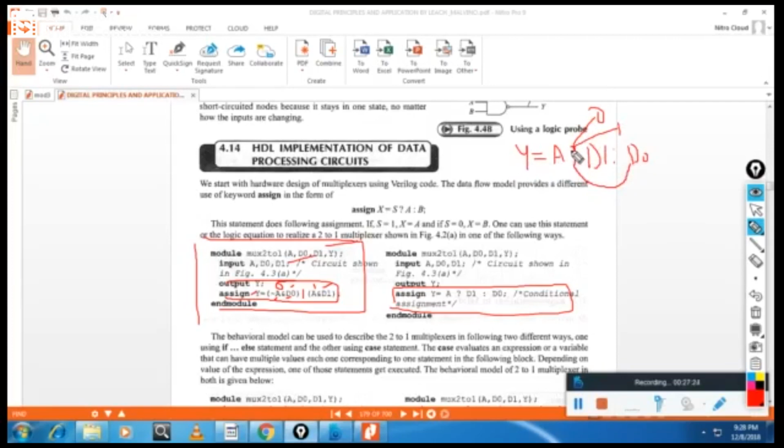If A is 1, then Y will take the value D1. Is it clear? If it is 0, Y will take the value D0. If it is 1, Y will take the value D1.